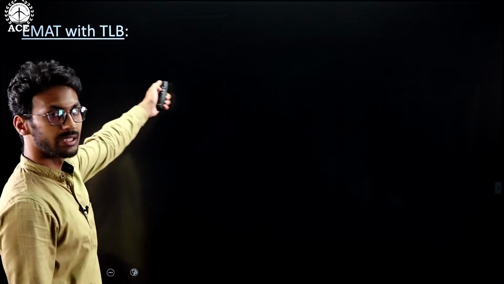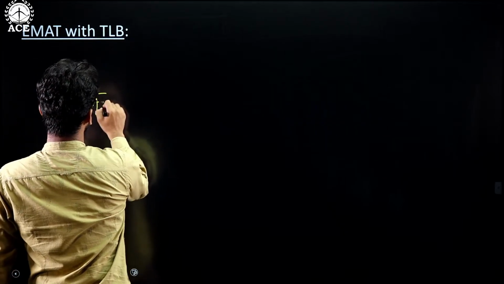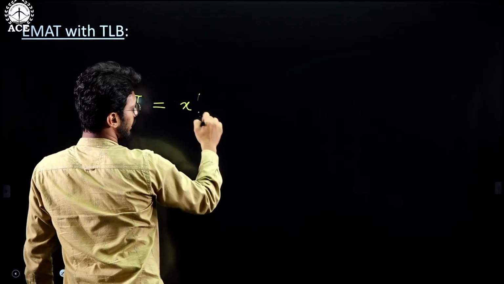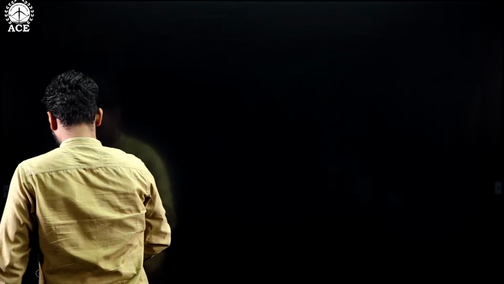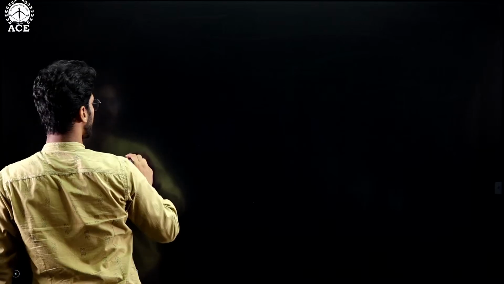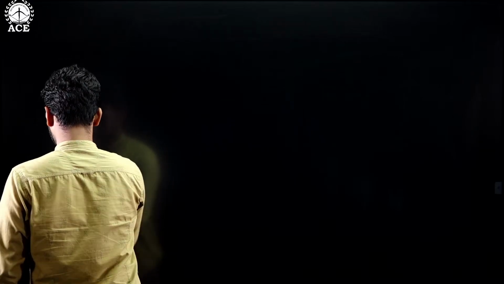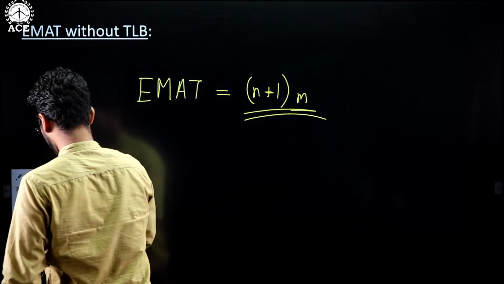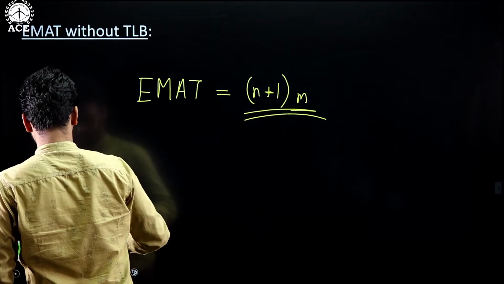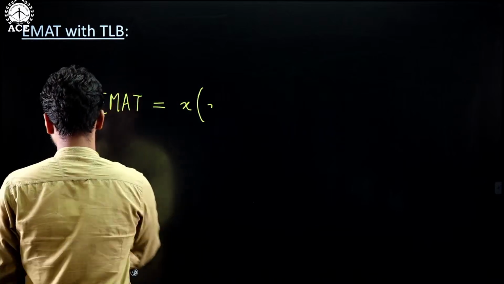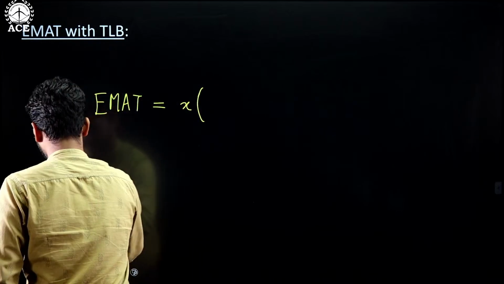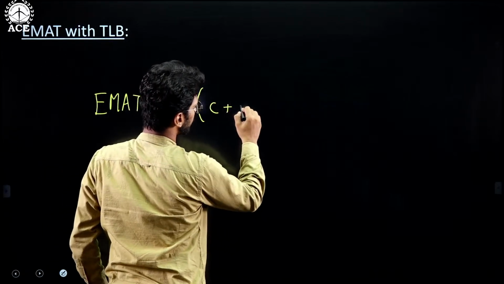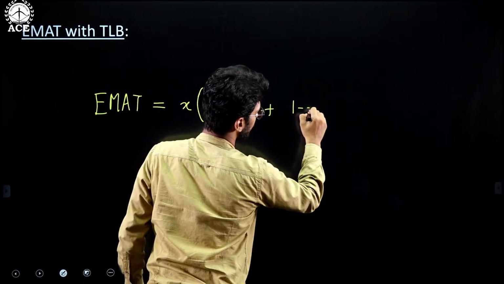Next one, EMAT with TLB. Just have a look at this one. EMAT equal to, I hope it is visible. X, TLB hit rate. TLB access time. Okay, let me just erase. Something happened. Okay, erase. EMAT with TLB, what will it be? X into C plus M, plus 1 minus X into